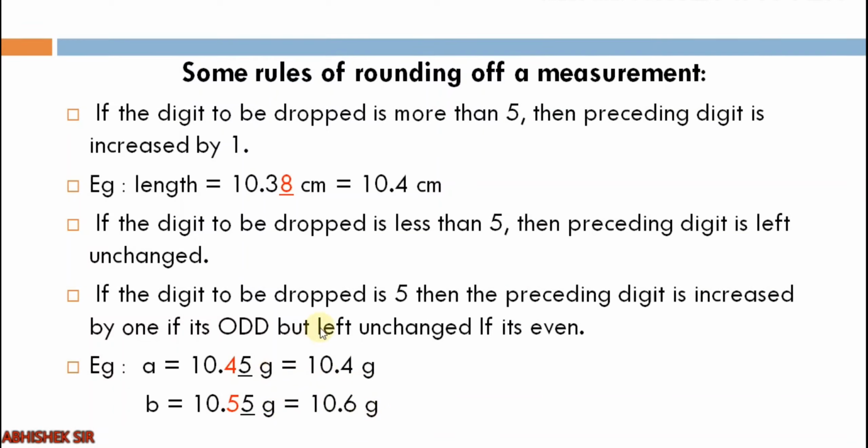Clear? Now if instead of odd it is even, what we are doing, we are leaving it unchanged. So 10.45, over here the preceding digit was even, so we kept that digit as it is, so that is 10.4. Clear? So these three rules we have already applied somewhere in mathematics, but again let us revise it. I hope by the examples you are clearing your rules. Next,